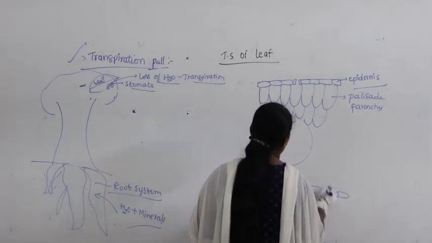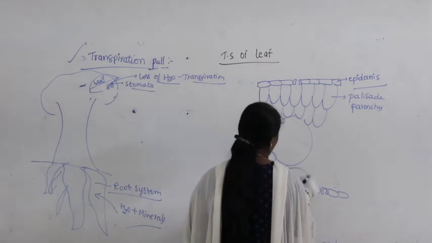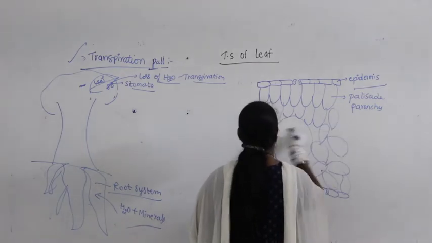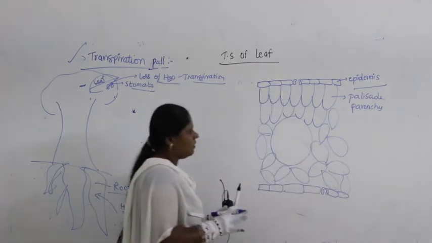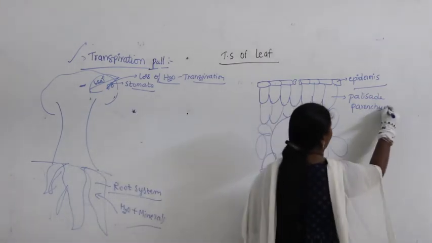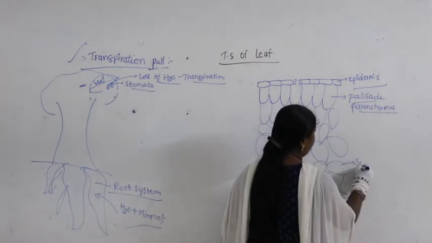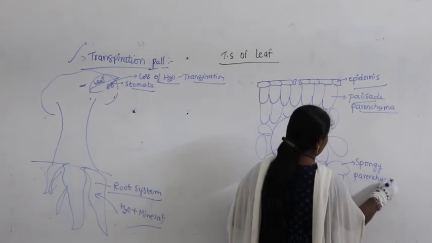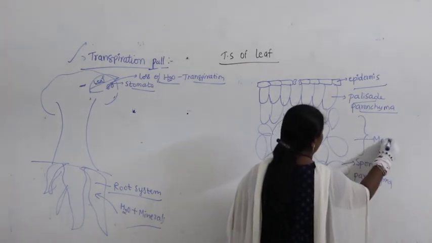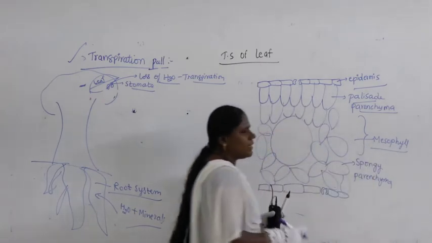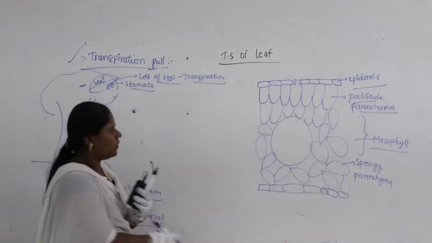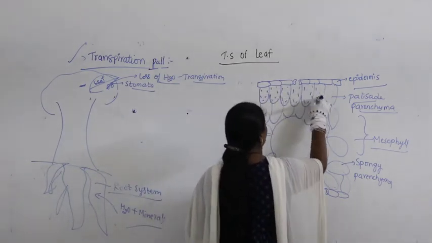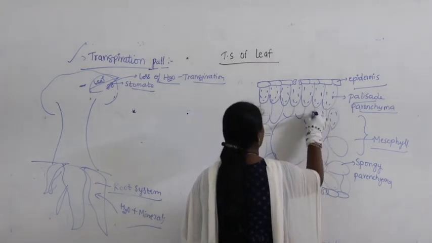You can see even stomata, but what you find here is nothing but spongy tissue. This is what is called spongy tissue. So this is called palisade parenchyma, and down you find spongy parenchyma, and together it is called mesophyll. You already studied this in first year anatomy, you know about the leaf completely. Within this you find chloroplast. So here you find chloroplast.